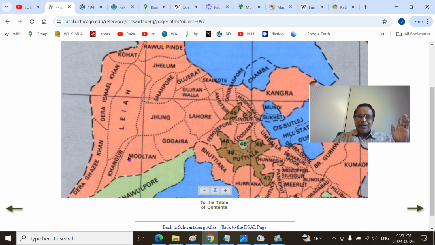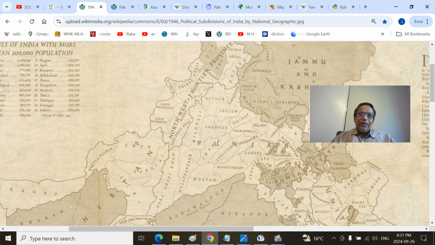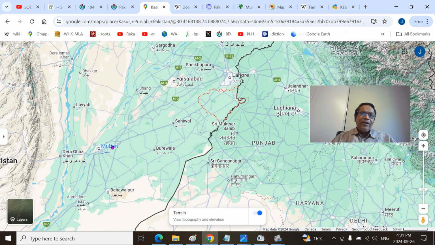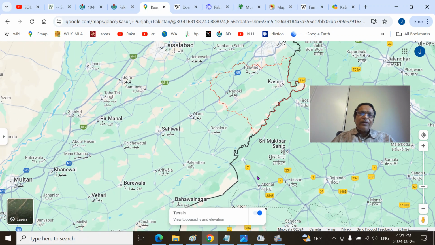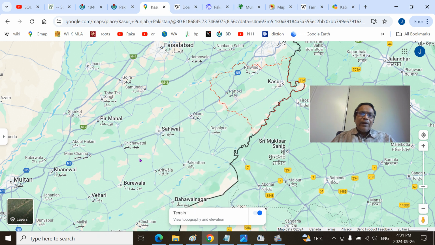So the northern part of this Multan and historic Gogaira district, or Shahiwal district, or Montgomery district, is the area we are interested in. That's the one. You can see Multan, Montgomery, this northern part, the Ravi River here and the Bias and Satluj River here. From Multan to Patoki, if you remember that area, Patoki here and Wakara there and